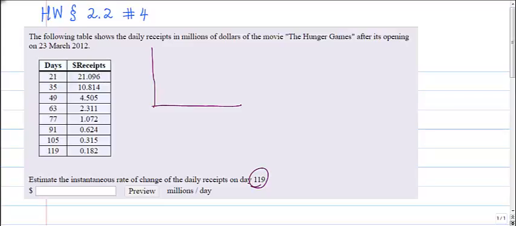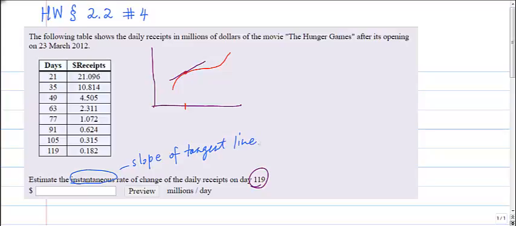Okay, so let me just show you the theory. What's happening here is, let's suppose this is the curve of the function, right? I don't know exactly what this looks like, but let's just suppose it looks like this. And day 119 is somewhere here, okay? The tangent line to that looks something like this, right? That's what instantaneous rate of change tells us. The instantaneous rate of change, remember, is equal to the slope of the